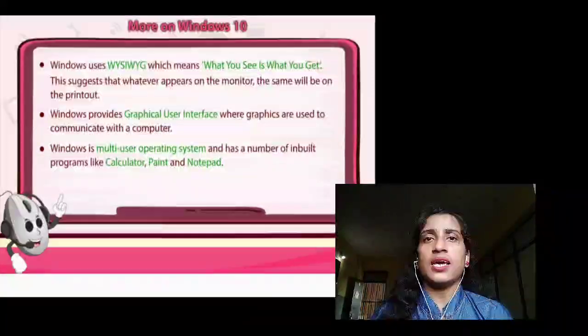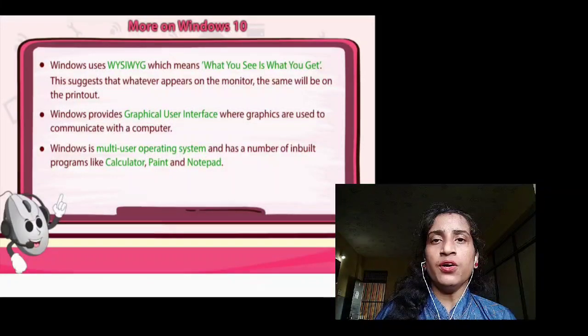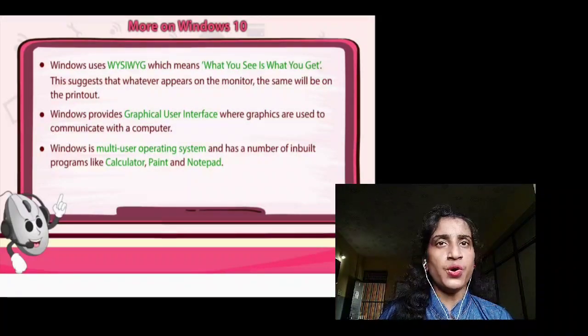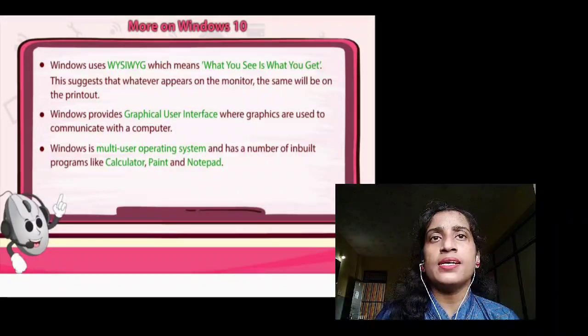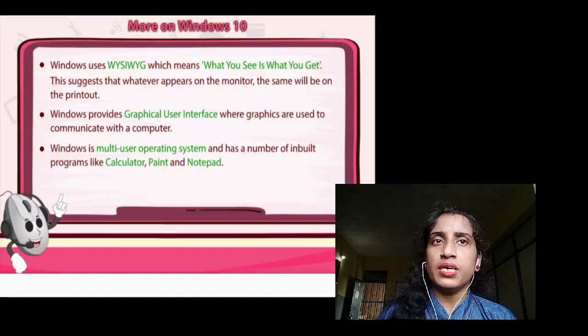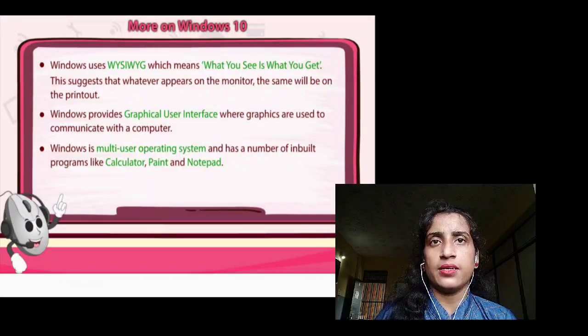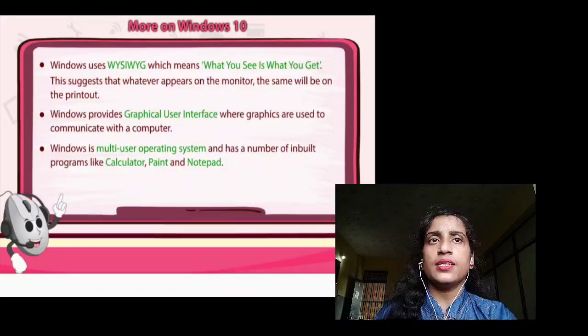Next, Windows uses WYSIWYG, which means what you see is what you get. I repeat, WYSIWYG means what you see is what you get. This suggests that whatever appears on the monitor, the same will be on the printouts.